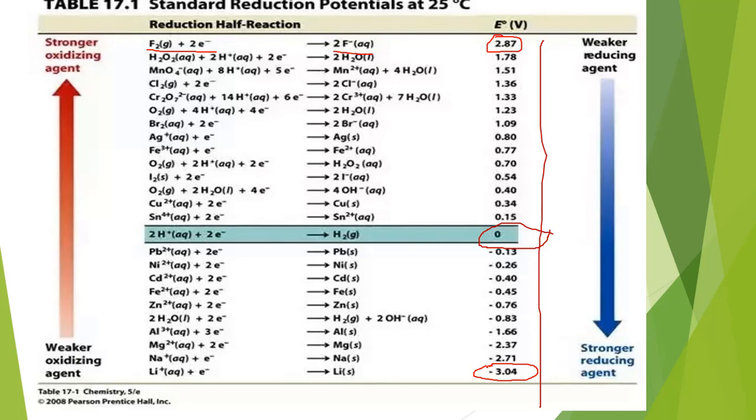Suppose before hydrogen, copper plus 2 is there. This copper plus 2 takes 2 electrons and forms copper, and that tendency is 0.34. Compared to hydrogen, it takes electrons 0.34 times more efficiently. In the case of copper plus 2 and iodine, suppose this is the iodine value; iodine is taking electrons more efficiently than copper plus 2, like that. If you go down, these minus values indicate electron losing tendency.